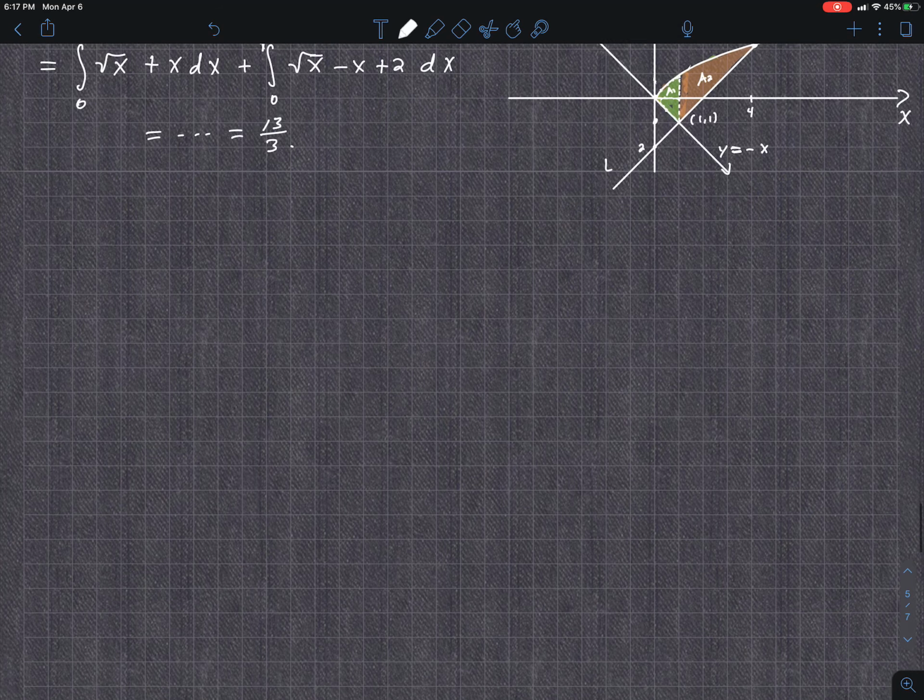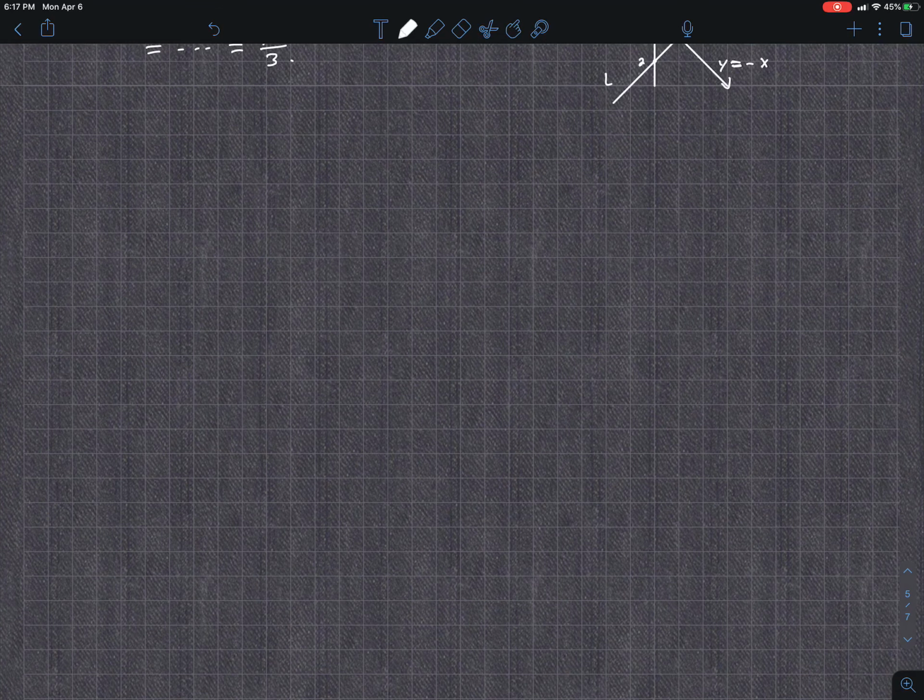Okay, let's do one more and do volume. And we'll post all of these. Should be the first 3 sections. So next example, find the volume